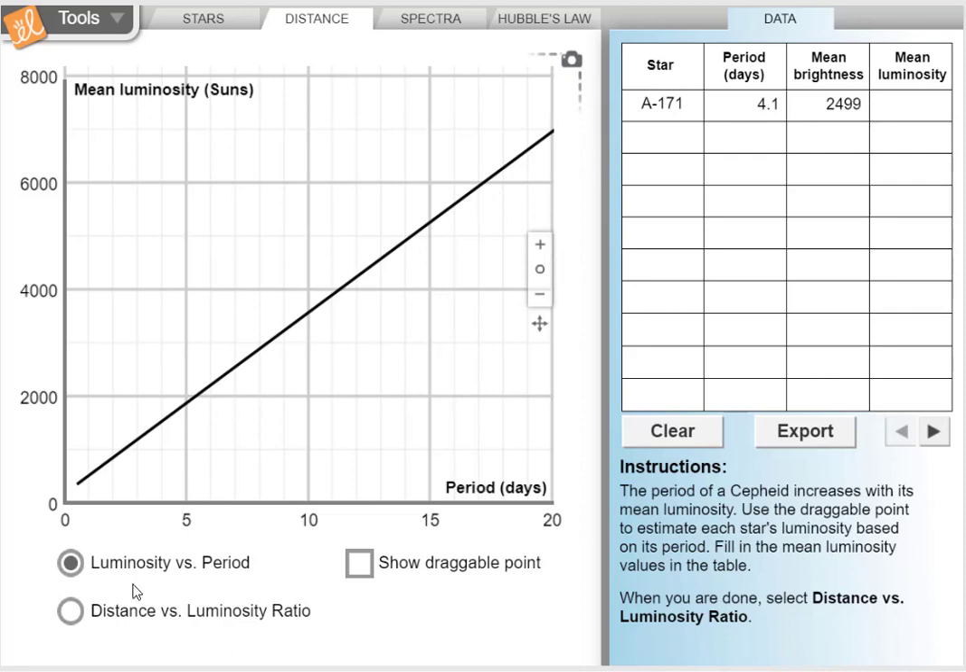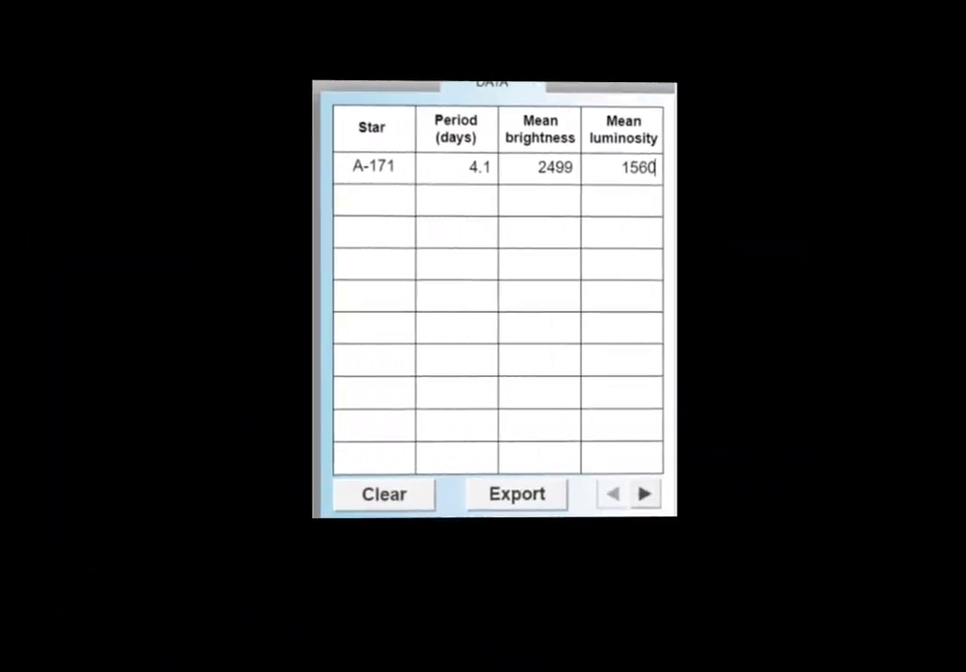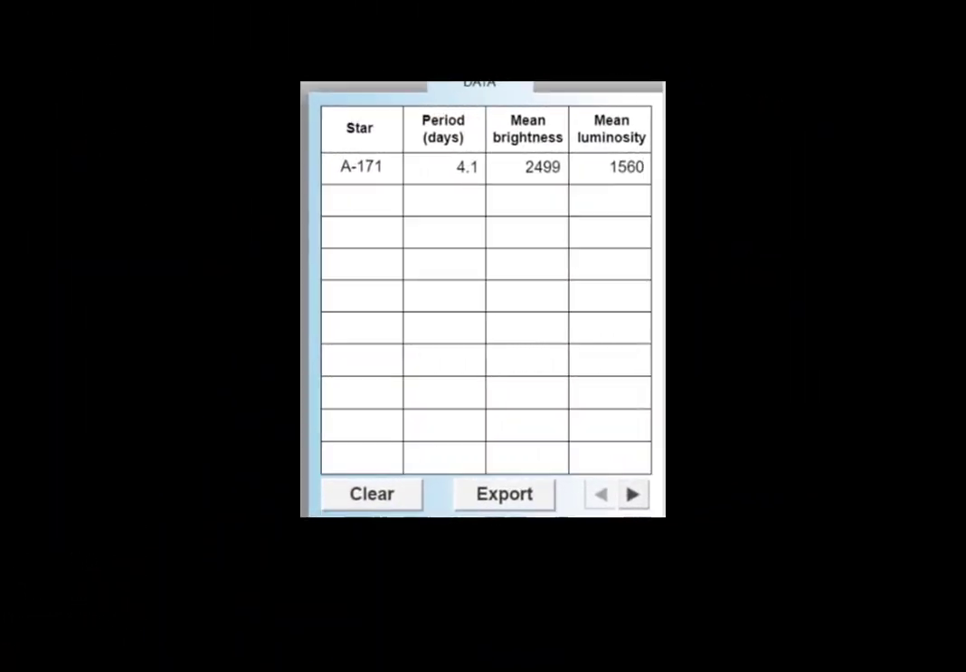So if I find it, I can turn on the Show the Draggable Point, and I'm looking for a period of 4.1 days, and the x-axis is the period. So I'll drag that dot to 4.1 days, and then it's going to tell me the mean luminosity. So the average brightness of this star is 1,560 suns. So looking at just the data, we've used the period to find both the mean brightness, which is the